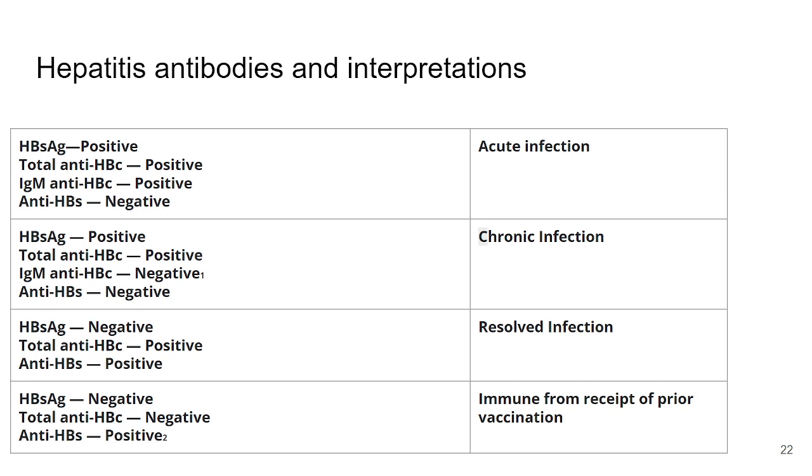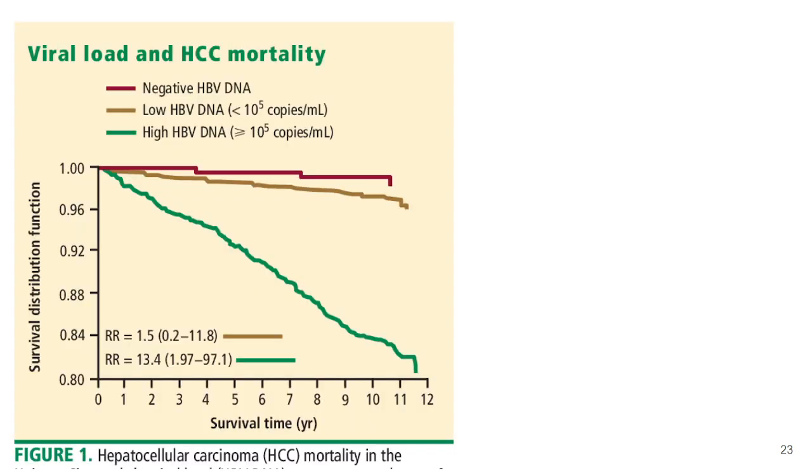Whenever there is a confusion, it's better to study the whole spectrum of the antibodies and confirm the nature of the disease. So this is one of the issues from the clinical point of view. Now, hepatitis B: the clinical course can be similar to that of hepatitis A, but it is more virulent. Moreover, another major risk is the possibility of cirrhosis and of hepatocellular carcinoma. Incidence of hepatocellular carcinoma after viral hepatitis B is quite significant,